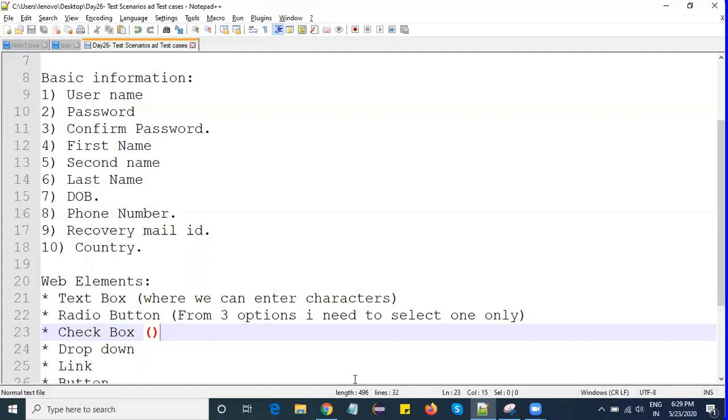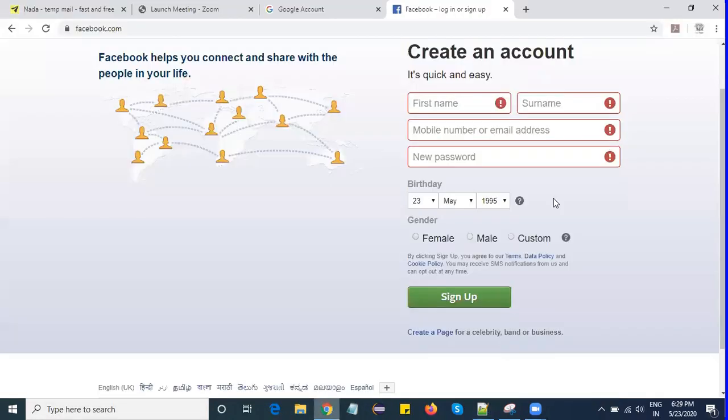Or else when you go to a hospital, they will give a form to check things, whether you have BP or not, whether you have sugar or not, or whether you have any medical history or not. Something like a checklist, right? So we can select the required fields. Same like a checkbox, but I don't know whether you have the checkbox here or not.